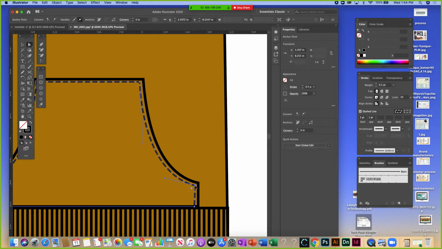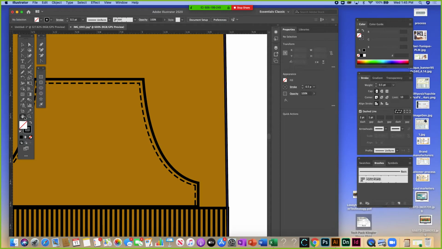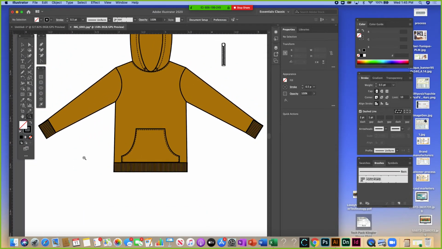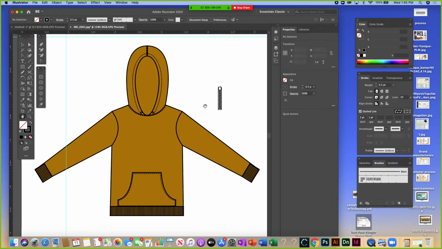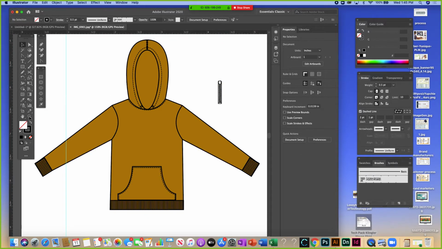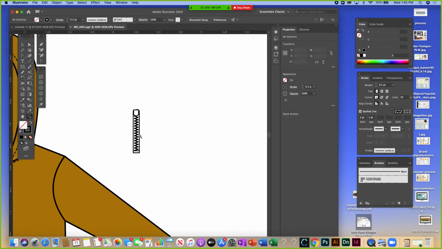When you guys are doing your drawings, don't be afraid to zoom in and look at your details. Oftentimes you're looking at it from so far away, you can't tell what you're drawing. Now if you want to do a zipper,